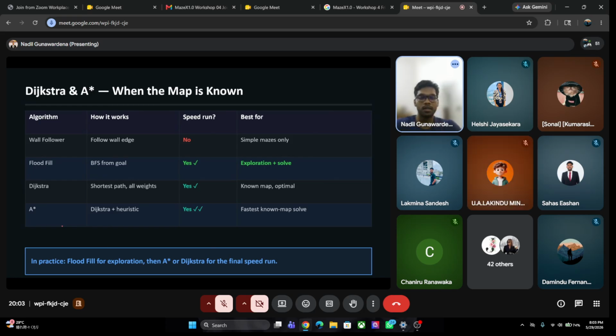Okay. So I won't go through Dijkstra's and A-star because it takes some more time. I will tell you the application of Dijkstra's and A-star. In practice, what we use Dijkstra and A-star for is computing the shortest possible path when the map is known. Okay, so when the map is known,